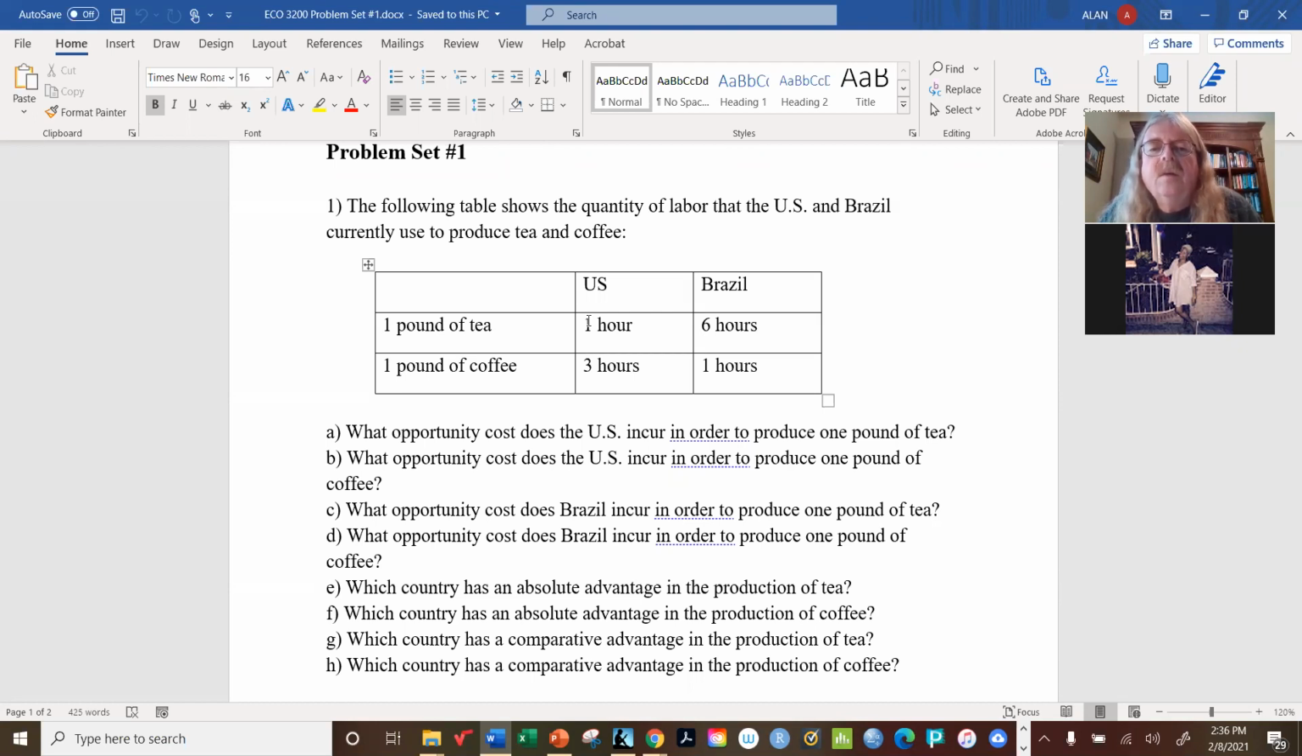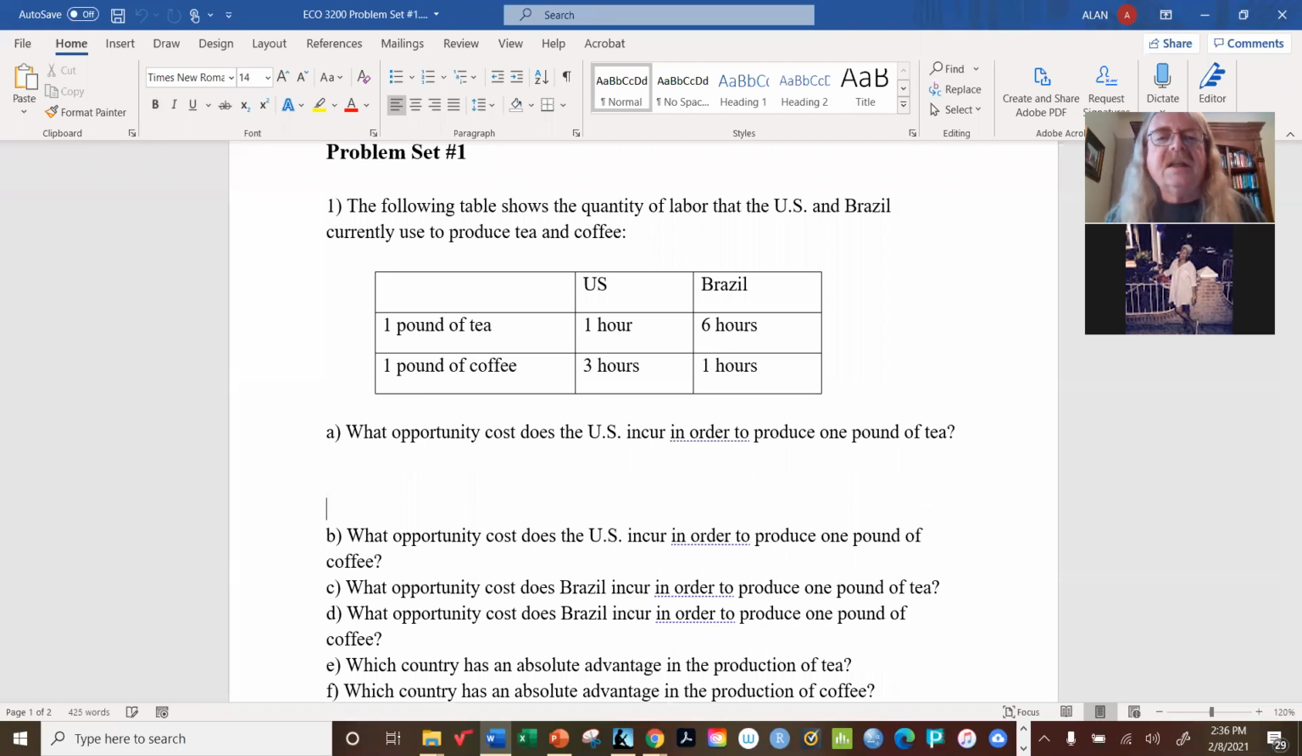Okay, now what we want to do is answer these questions. We'll start with the first one: what is the opportunity cost that the US incurs in order to produce 1 pound of tea? Keep in mind, whenever you calculate an opportunity cost, you're always going to write the ratio of what's being sacrificed to what's being gained. So for the US, making a pound of tea